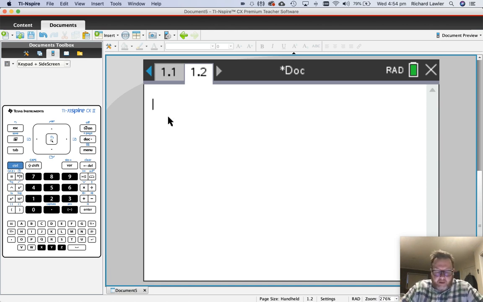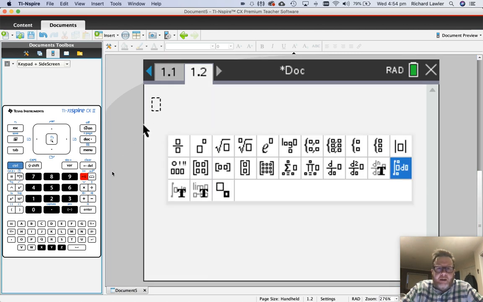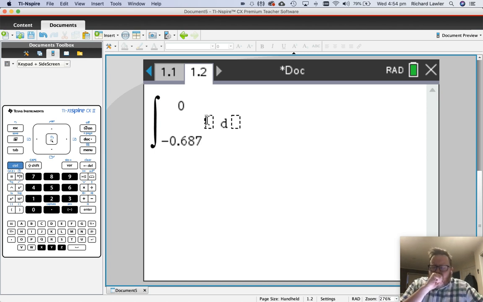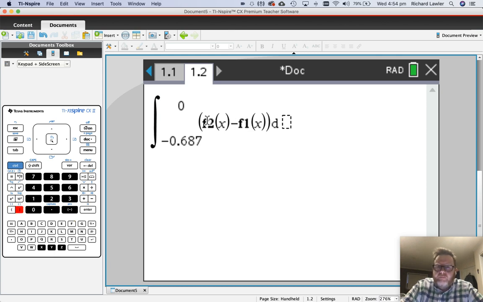Now, the area is going to be the sum of those two integrals. So let's start off by getting the integral up like so and filling in the missing information. So we've got negative 0.687 to 0. And we just have to go red function, excuse me, which is f2 of x. Remember how we did that last time? We don't have to type in the whole thing. Minus f1 of x with respect to x. And we're going to add to that,